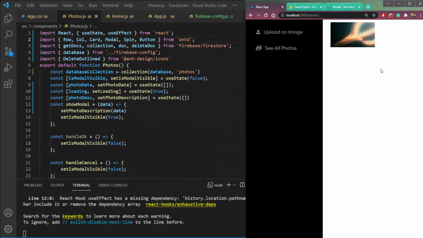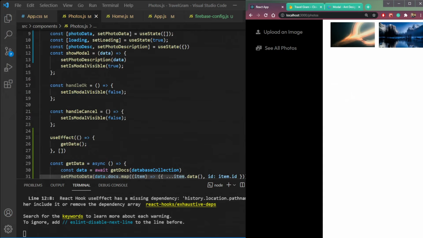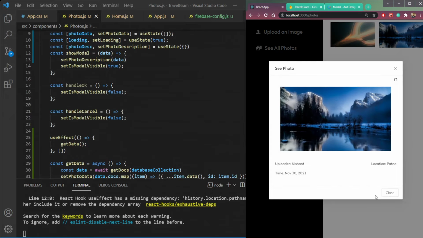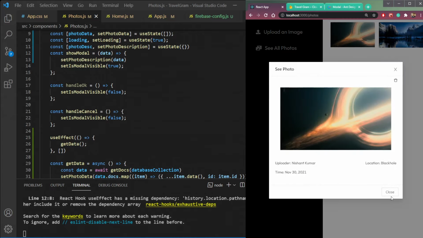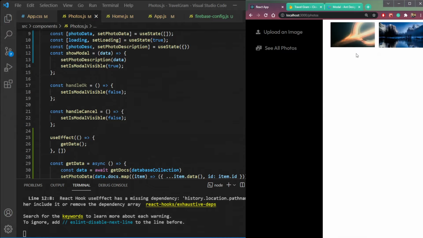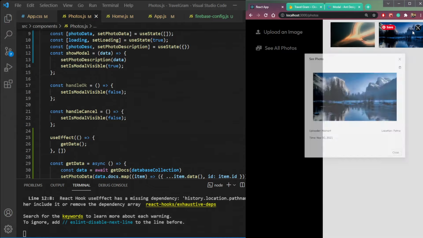See all photos. Okay, we only have one data. Okay, fine. The second data is also here. So if we refresh it, it's coming here, but it's getting late. Fine. So uploader, time, and the location. Here also this image, time and location.